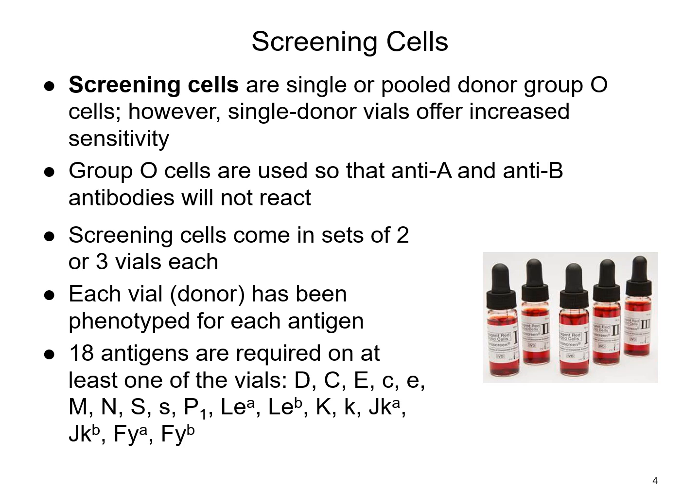So what are those screening cells that we use to do that antibody screen? Well, they are single or pooled donors of group O cells. Single donor vials do have an increased sensitivity because you have only that one donor in there. But all of these cells are group O, and the reason they are group O is because if a patient is another blood type, or